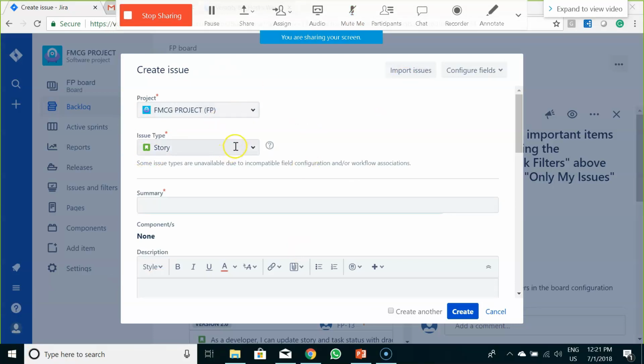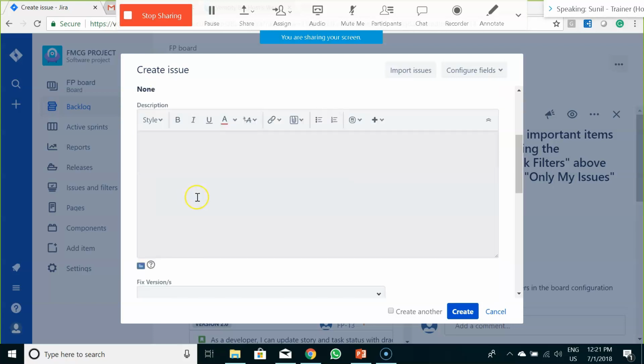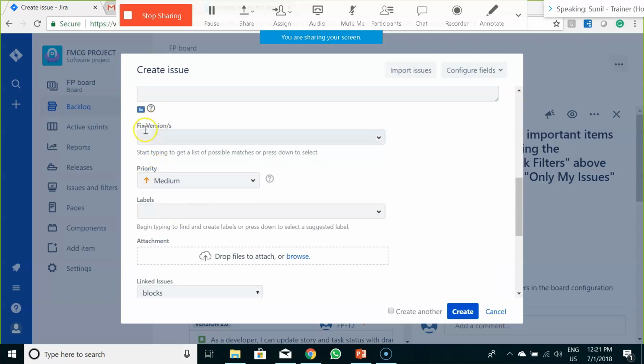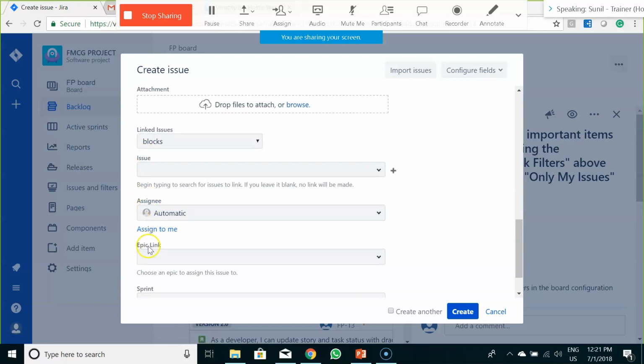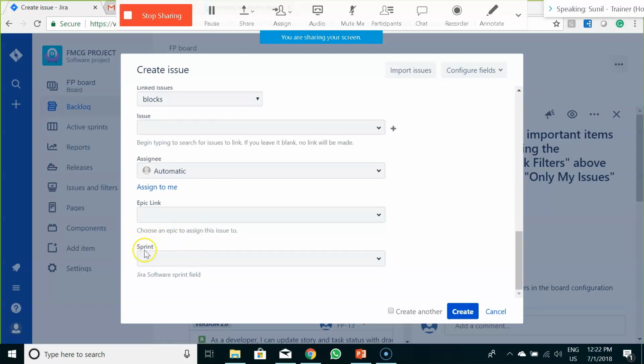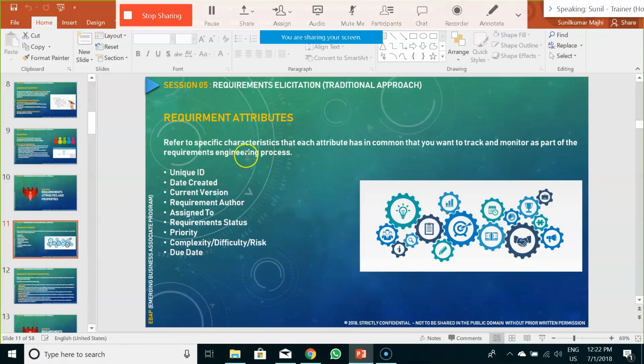So when you are creating a particular requirement in a typical environment, here you see the project, the issue type, the summary, then description, then your priority, fixed version, attachment, linked issues, assignee, epic link, sprint. These are nothing but your requirement attributes.